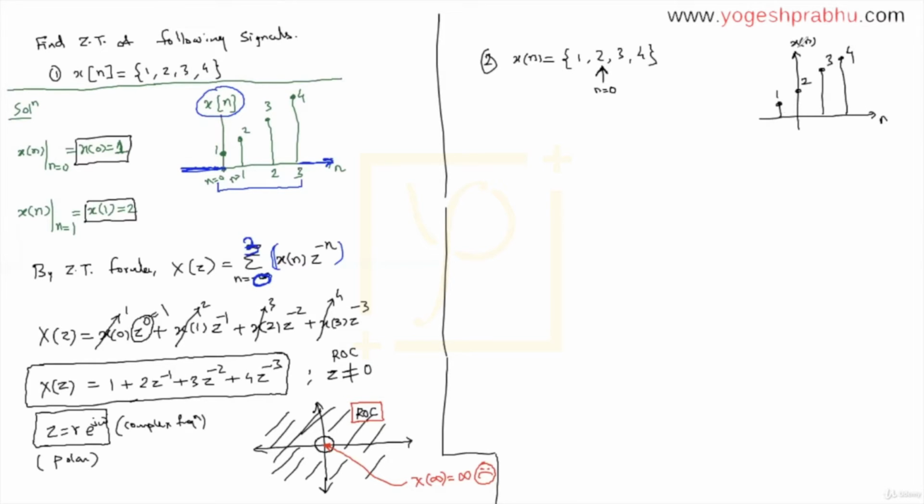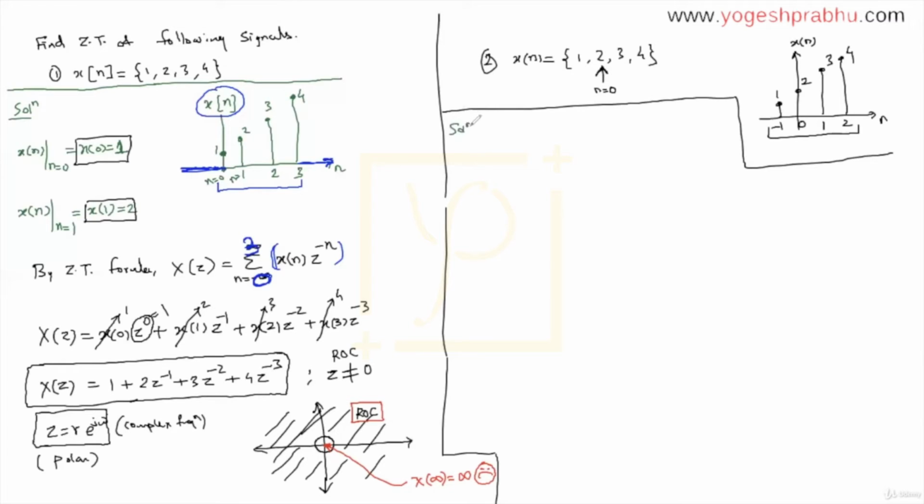Okay, so the x of n sequence starts from -1, 0, 1, and 2. These are going to be the values of n. And that's how the sequence is different. So now we will see what answer we get after we find the Z transform for this question. The steps are going to be very similar. So let us start with the solution now.